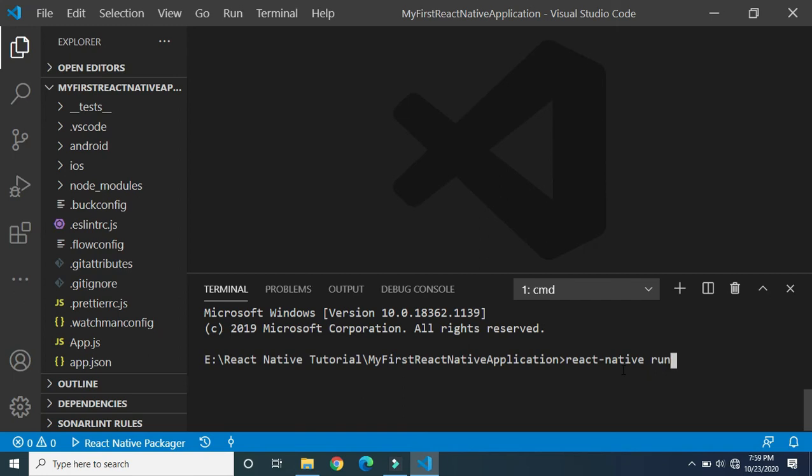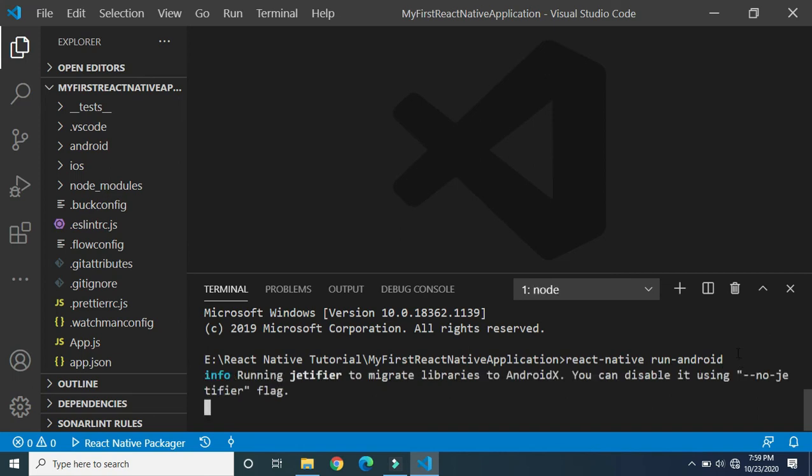run-android. In our earlier session we have already discussed how to set up the environment and how to configure the Android emulator and so on. If you have not yet gone through our previous session, then I request you all to please watch our previous session first, and then proceed with this one. This is the command that we have to use if you want to execute this React Native application on Android platform. So let us execute it.